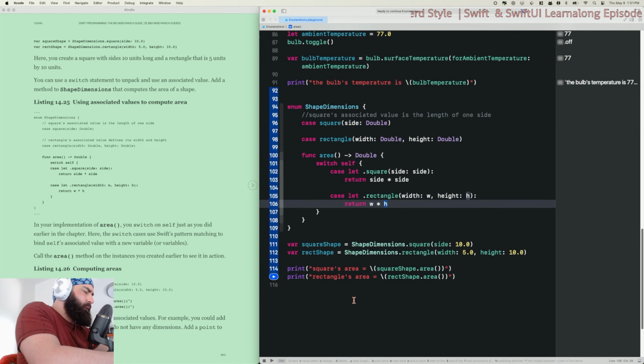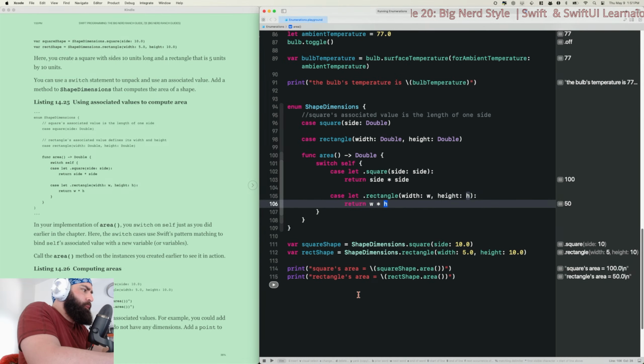Okay, now it would make sense. So square's area is 100 because that's 10 times 10, and that's 5 times 10.